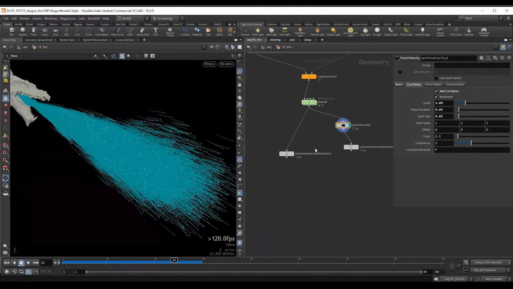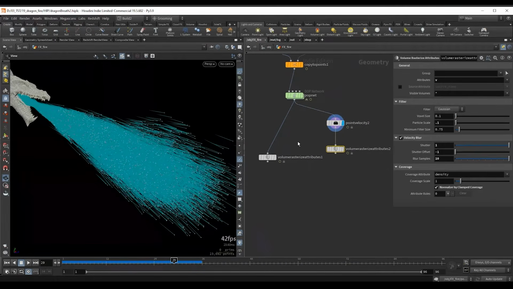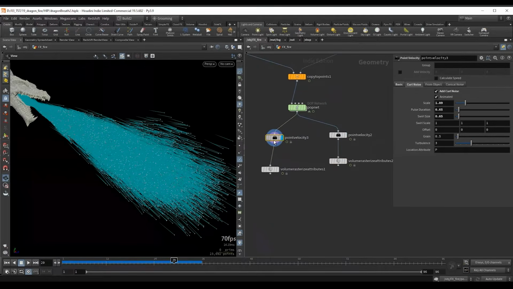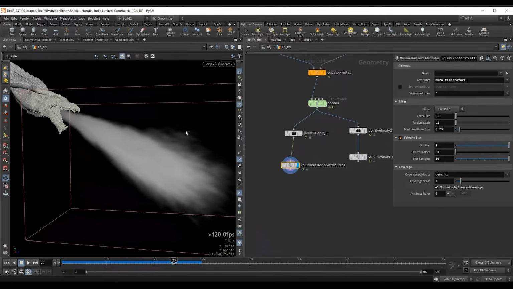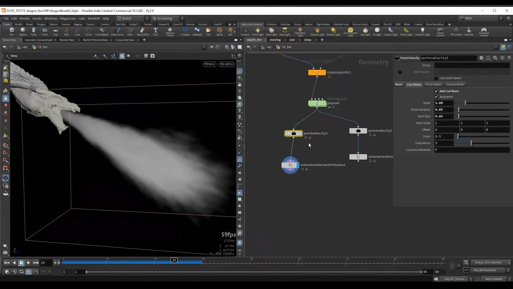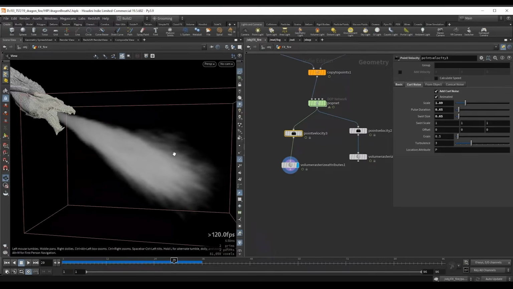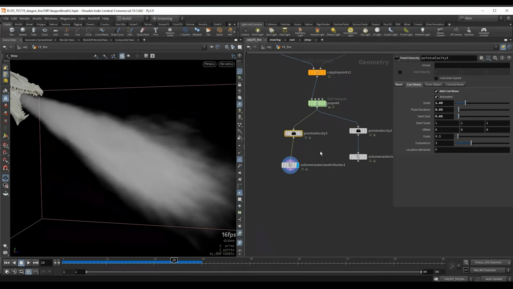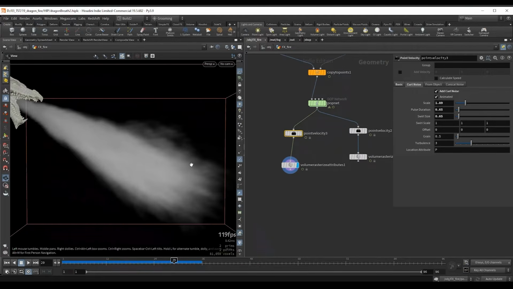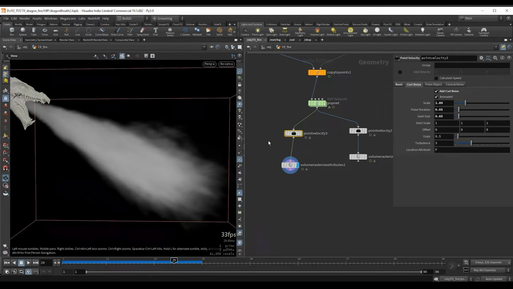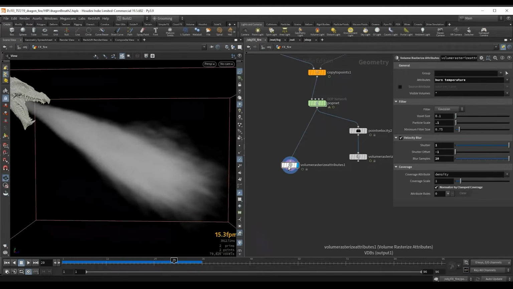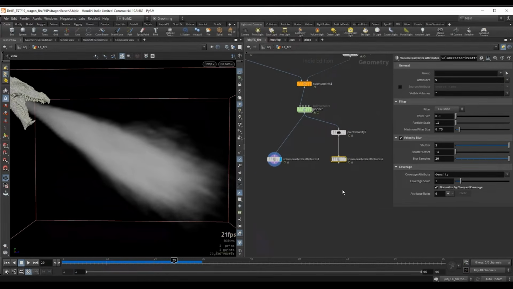So this is the reason that I want to rasterize this in a separate node, because if I were to do our point velocity display over here and go to the volume rasterize, this velocity blur will no longer be entirely accurate, because with this point velocity it kind of disrupts our velocity. So we can see that as I turn this on and off, we have a little bit of weird velocities. This might not be apparent at this voxel scale, but it can mess things up when you go to a higher resolution. So usually I just like to separate all the attributes. So if we had density, we would separate this as well from our velocity.